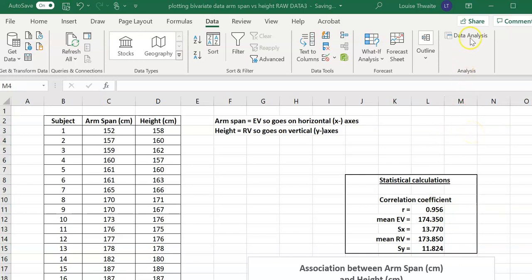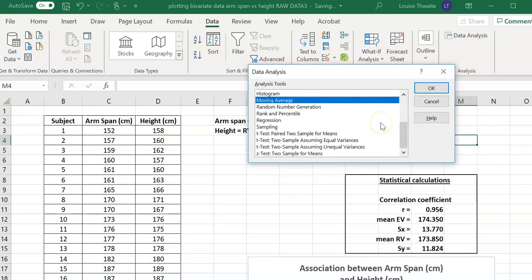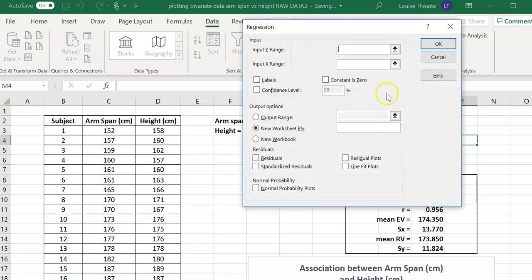Okay, so let's look at using this data analysis tool. So if I click on it, once it loads, we scroll through the options, and the one we're after is the regression analysis tool. So click on that, press OK, and then it will ask us to input the ranges of data we're interested in.